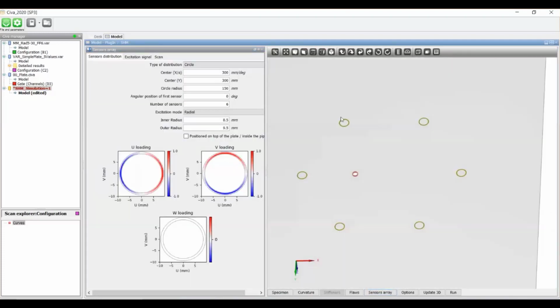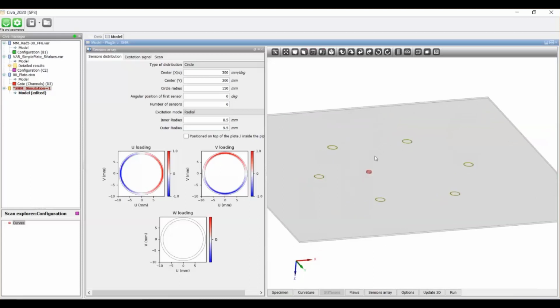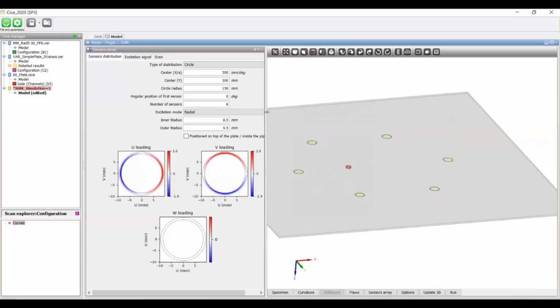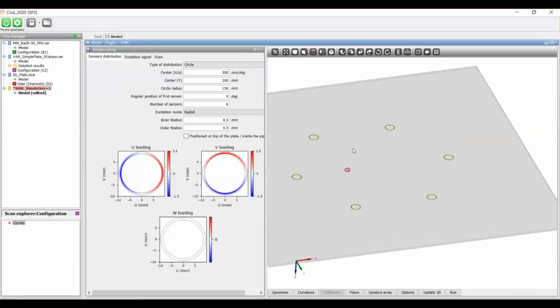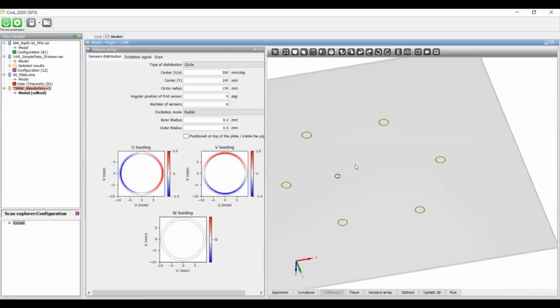So this is what appears here in yellow, in this default case. Of course, the type, location, numbers, distribution of sensors is a key point when designing and monitoring structures. And of course, you will maybe try to optimize the number of sensors. This is a key parameter that simulation may help to prepare before implementing sensors.